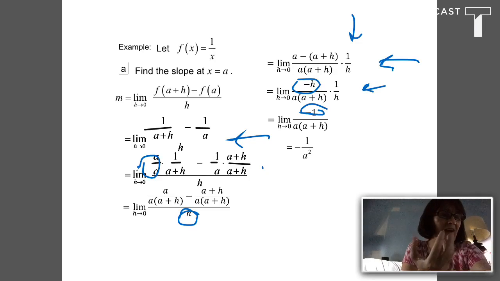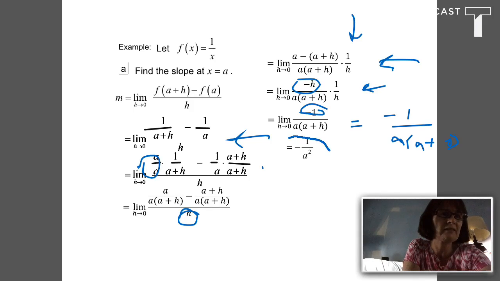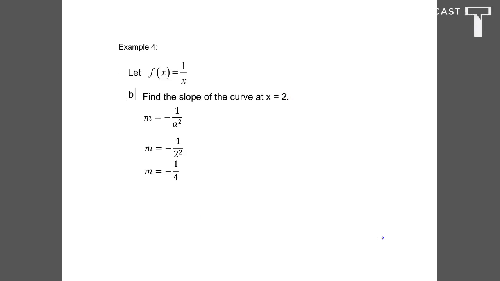I now have the ability to plug in 0 for h. So this is going to be negative 1 over a times a plus 0, which simplifies to negative 1 over a squared. So my result, the slope is negative 1 over a squared,